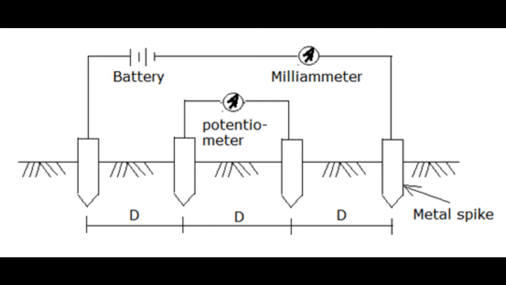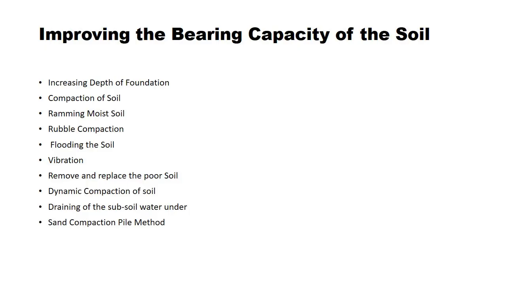So these were all the types of tests for carrying out the soil bearing capacity. Further, we now know what the bearing capacity of a soil is, but sometimes if we come to know that the soil bearing capacity is low, there have to be some solutions to increase it, which will allow us the kind of foundation that we wish to build. Sometimes the bearing pressure of the soil is so low that the dimensions of the footings work out to be very large and pretty uneconomical. In such cases, it becomes essential to improve the safe bearing pressure, which can be done by different methods. Now let us see all these different methods.